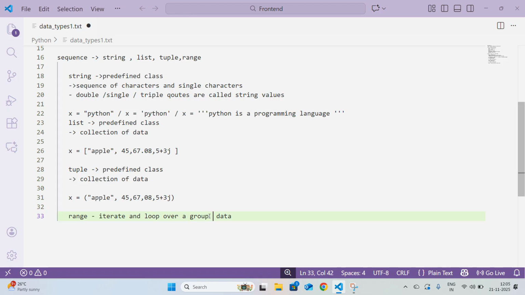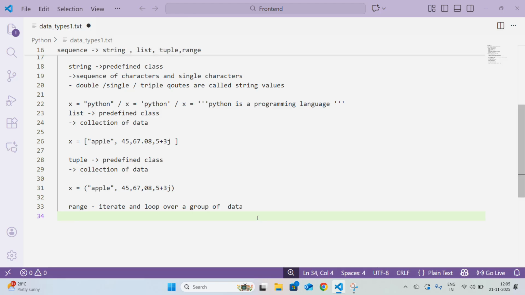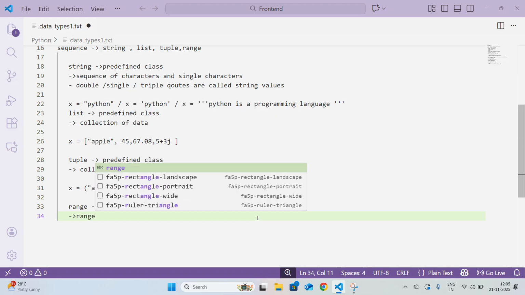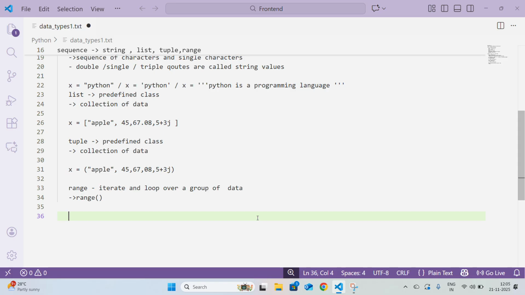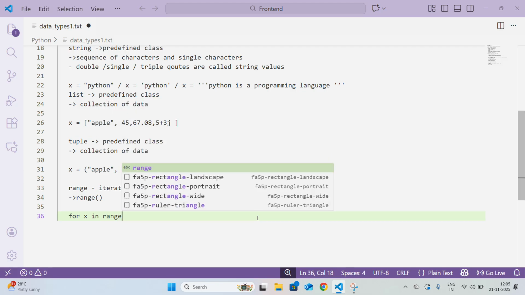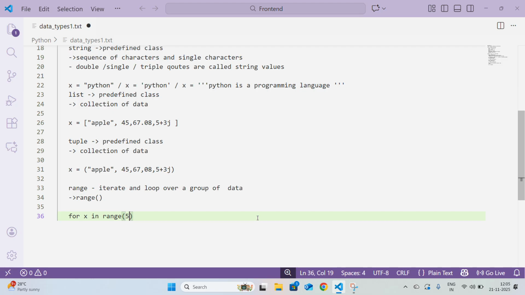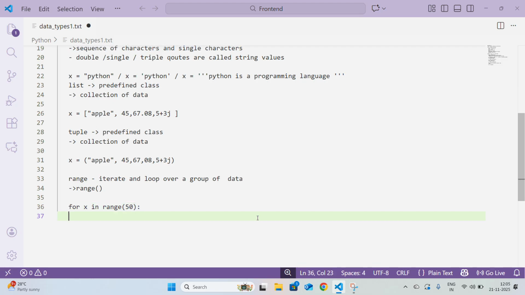If we have a collection of data, it will be iterated, retrieved, and printed in the console by using the range data type, which does all these things through a predefined method called the range function. For example, for x in range of a particular range, for example 50,